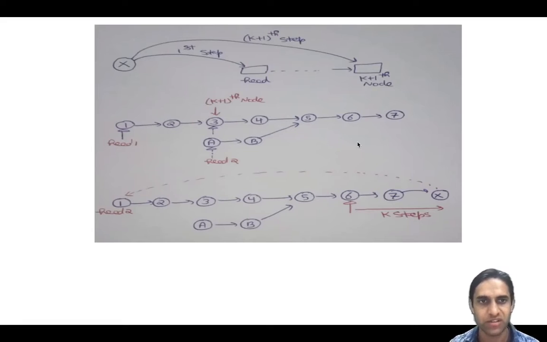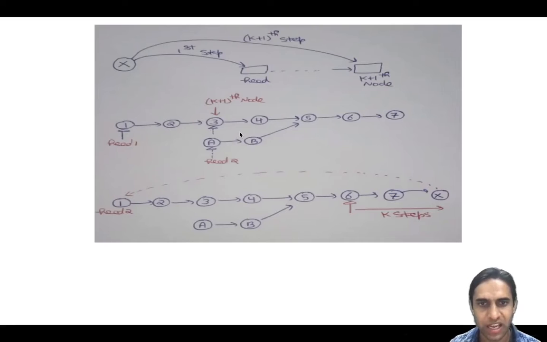So this is the first intuition. If I am at some node, let's say a null node or guard node, in one step I can reach the head. In the first step I reach the head, and in k plus 1 steps I can reach the k plus 1th node, and the head in k steps can reach the k plus 1th node. So just remember this intuition. It will be helpful in the next steps.